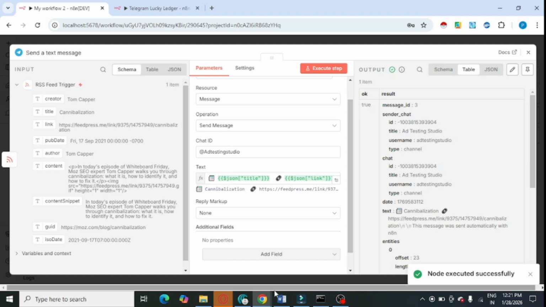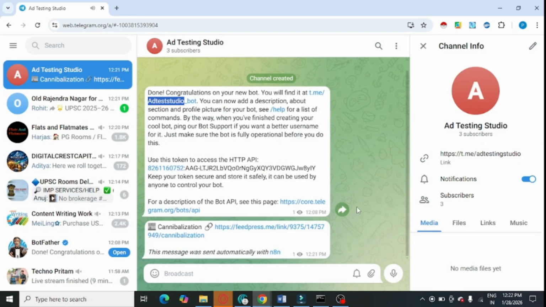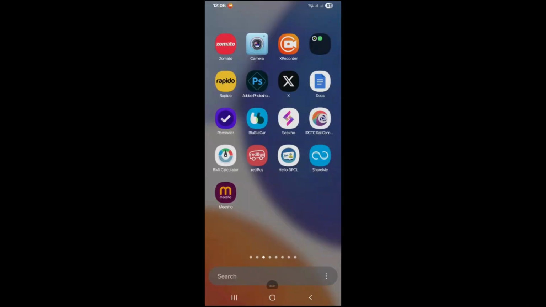Executed successfully. Now in my Telegram, let's go to my Telegram. You can see an RSS feed just created from N8N. It is now working. So in this video I am going to tell you how to automate news from N8N